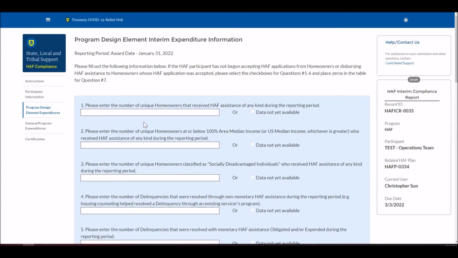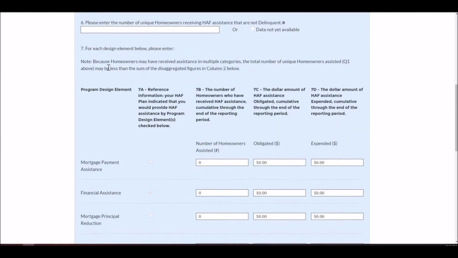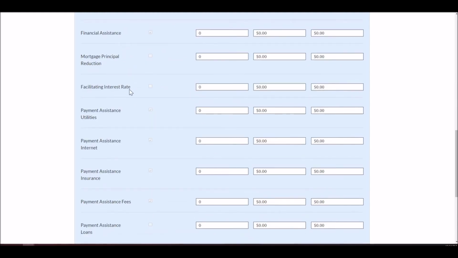So once you have entered a number in each of the first 6 questions here, or you have chosen to select no data yet available, you'll be able to scroll down to question 7. Here, you will need to provide the number of homeowners with HAF assistance expended by program design element during the reporting period. This is done in the form of a grid listing each of the possible 13 program design elements